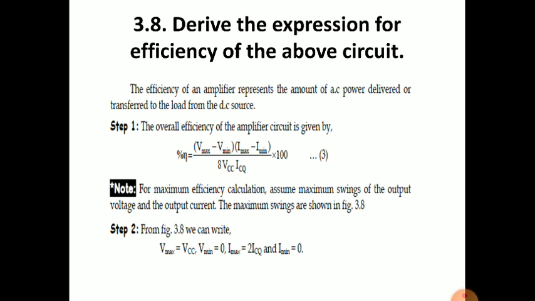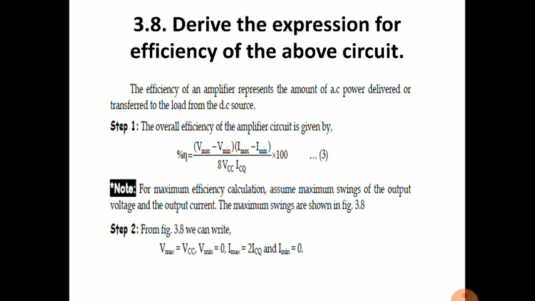Now we have to derive the efficiency, because efficiency is the most important term to be considered in the case of a power amplifier. Efficiency is defined as collector efficiency eta equal to output AC power by input DC power. How much DC power is converted into output AC power, that is the efficiency. For class A it is around 25%. So we need to derive that